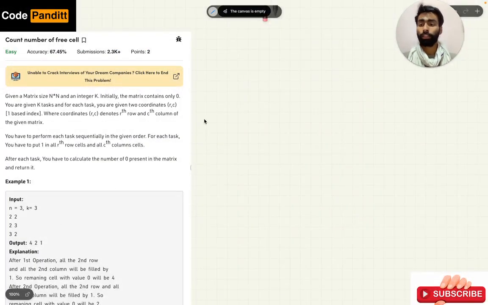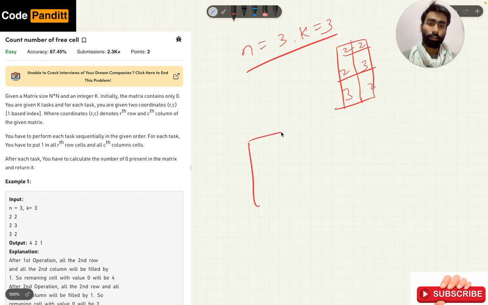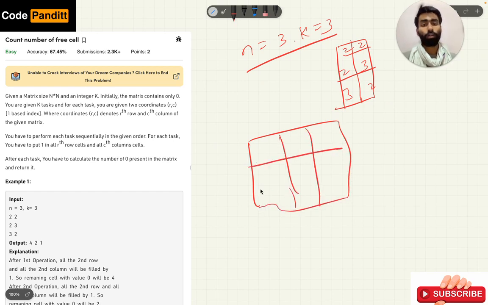Here we are given n equal to 3 and k equal to 3, and we are given a location array, that is 2 2, 2 3, 3 2, and here our matrix is all filled with 0.